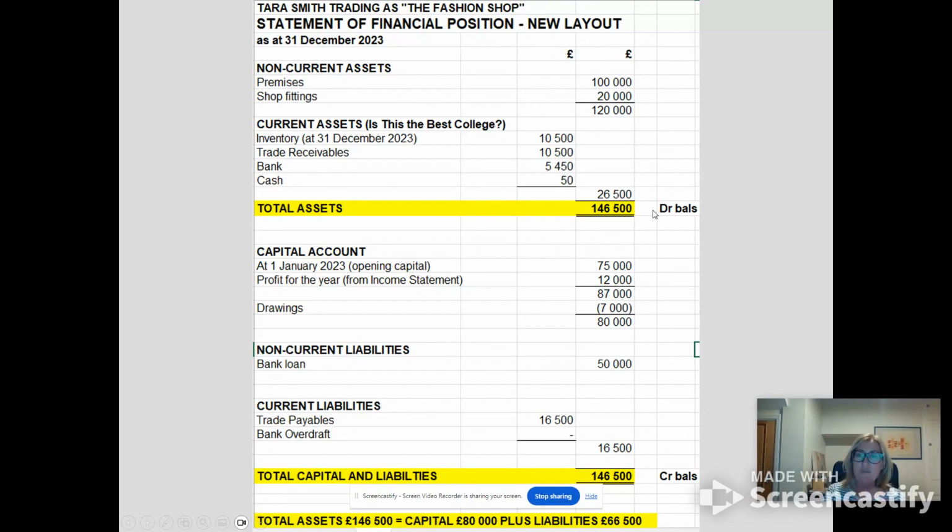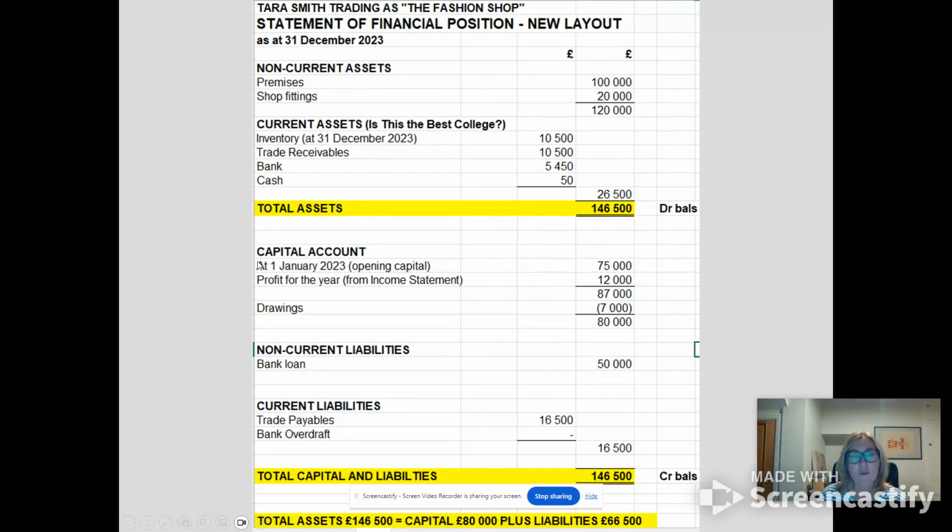The expenses will have already been carted off to the income statement. So on the debit column, we should just be left with assets and the owner's drawings. And we move down to the bottom half. So what we're aiming to do is prove that capital plus liabilities equals the same amount as this figure, the